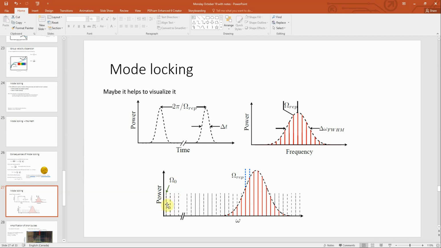And this is what led to the Nobel Prize. If you think about a cesium clock, so the atomic clock, this is kind of like the gold standard for time measurements, and this is what GPS relied on. The cesium clock is something around 9 gigahertz. So what you could do is, say this offset frequency might be at 10 megahertz or something like that, and the repetition rate might be at 100 megahertz. Well, you take the 90th comb element, and that gets you up to 9 gigahertz, and then you can precisely tune that comb element onto this cesium clock transition at 9 gigahertz, 8.9 something gigahertz,